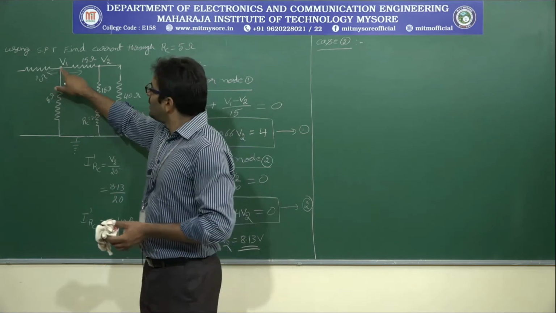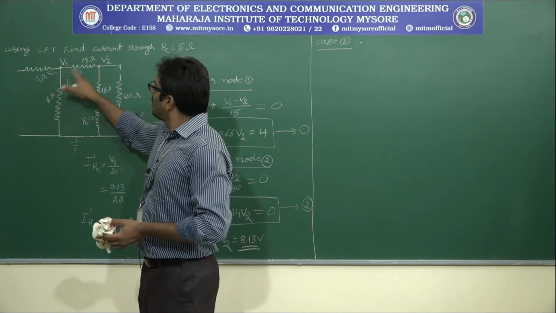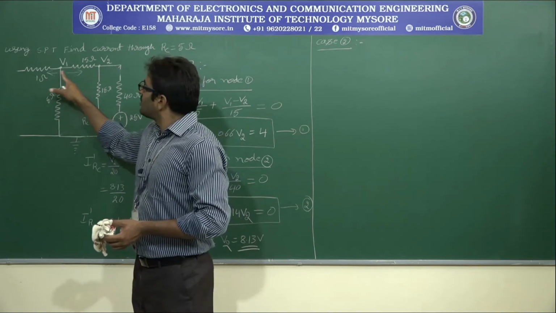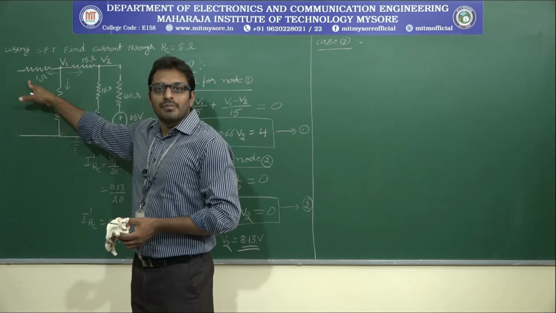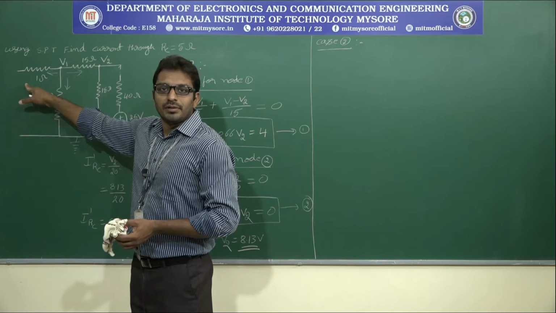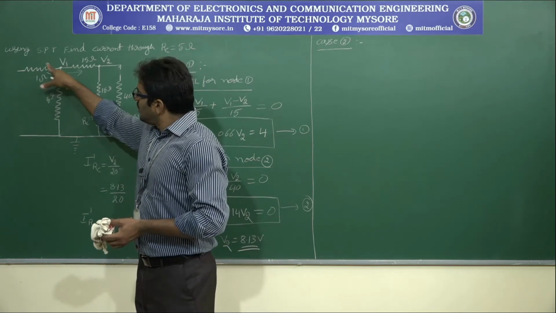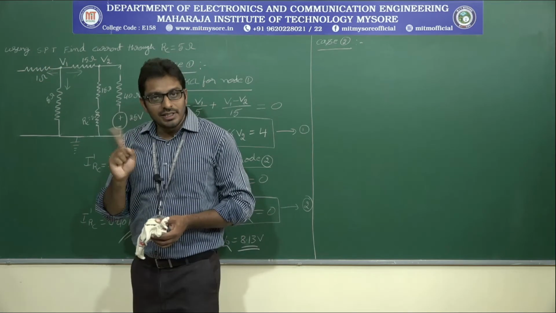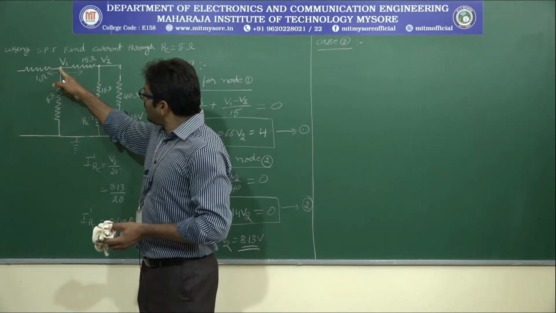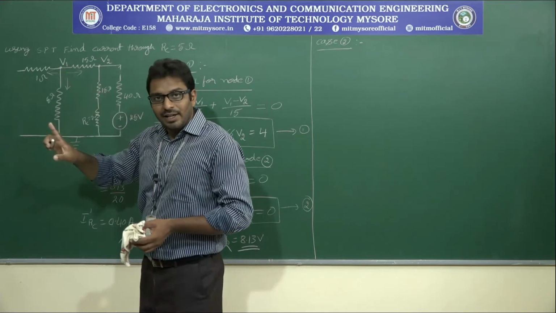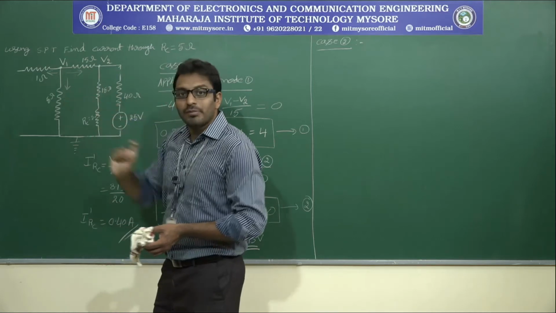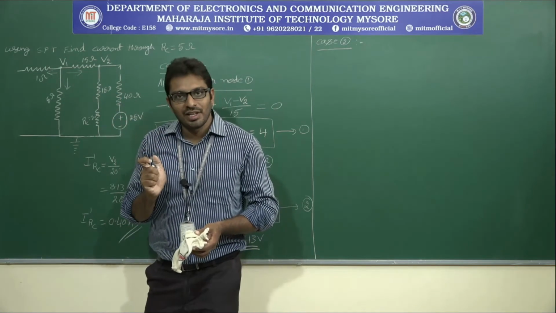Is it clear? Why? Right now it is a junction, because the current through the 15 ohm and 5 ohm is the same. The current does not flow through this 1 ohm resistor, because it is an open circuit. The current does not flow through an open circuit. So this resistance behaves like a redundant element. It is a free terminal. Therefore it is a common terminal for 3 branches, fine. But the current through 15 and 5 ohm, we can consider these resistances connected in series.